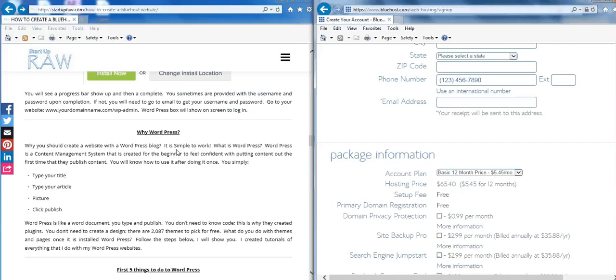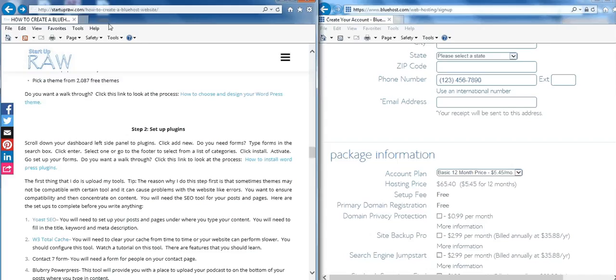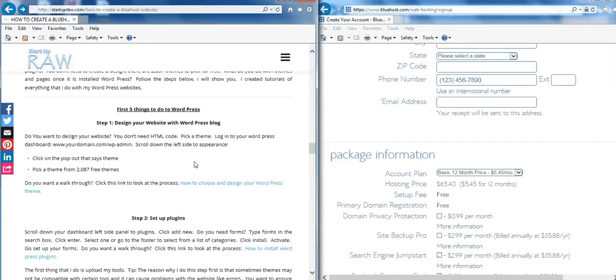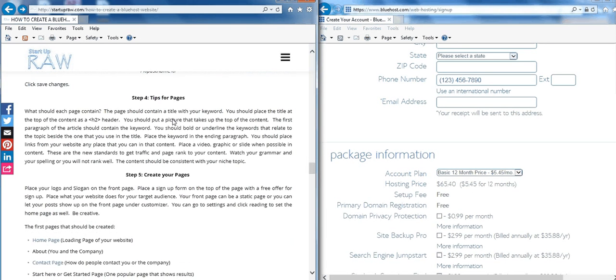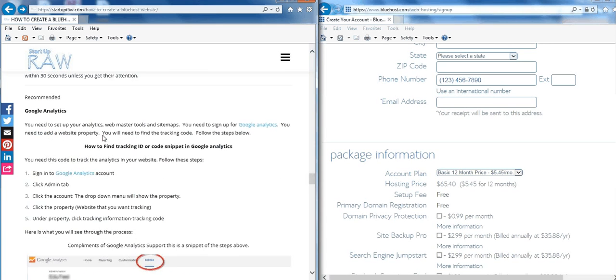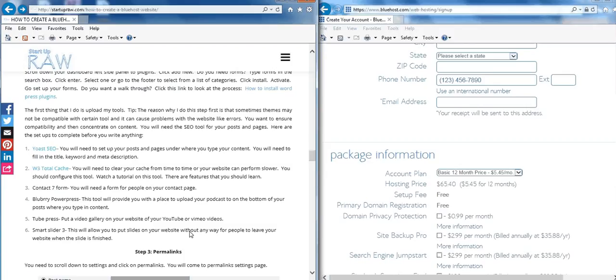And we're going to do another video to show you how to do that, because this page on the left here, how to create a Bluehost website, goes into how to set up your WordPress blog, how to set up plugins, how to set up your permalinks, how to set up pages, how to set up Google Analytics. So we're going to tackle each one of those one by one in separate videos. So just look for the video that's going to be part 2 of this video, and then we're going to